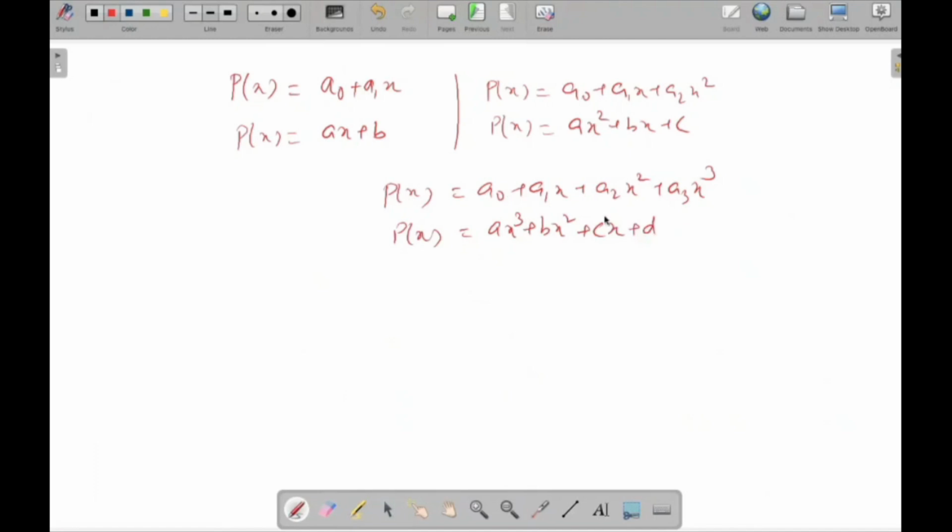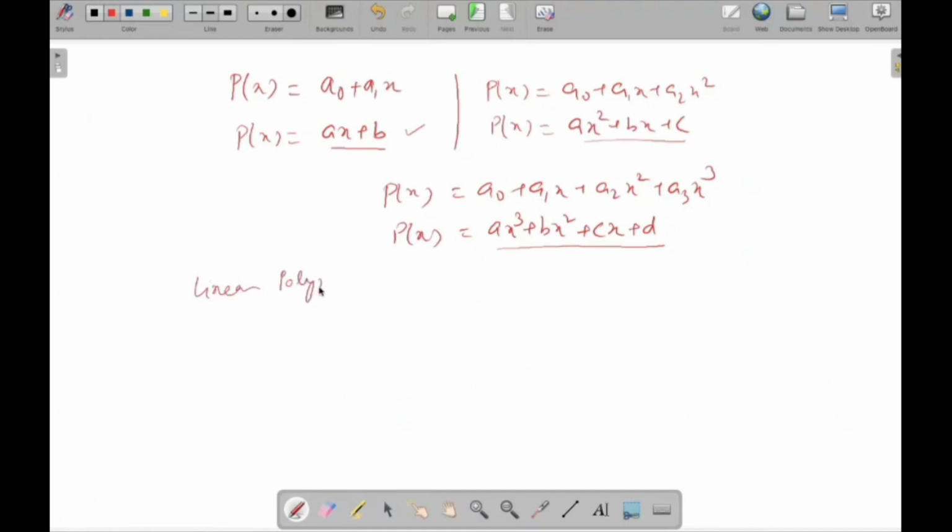So what I've done here is that basically all these constants I'm just changing to the format in which we generally make use of it. So going forward, let's use this ax plus b. For quadratic, let's use ax square plus bx plus c, and for cubic, let's use ax cube plus bx square plus cx plus d. So now let's talk about the linear